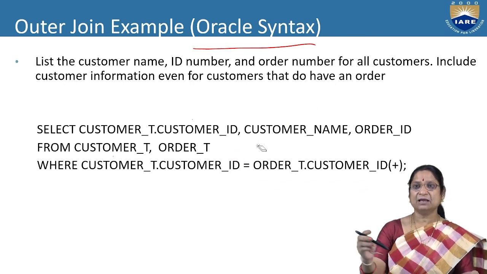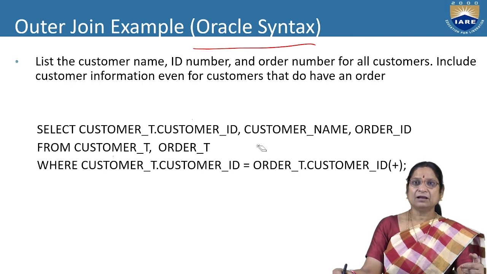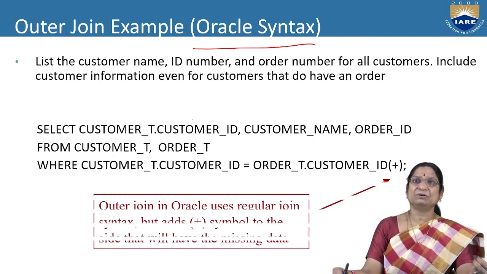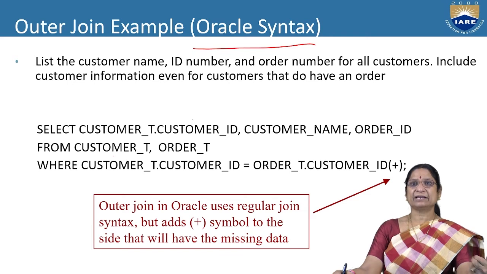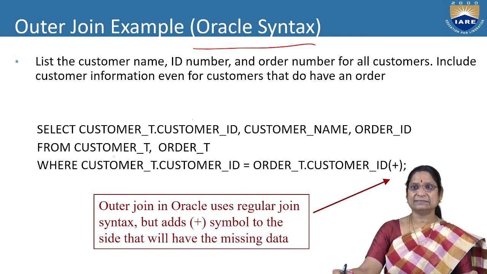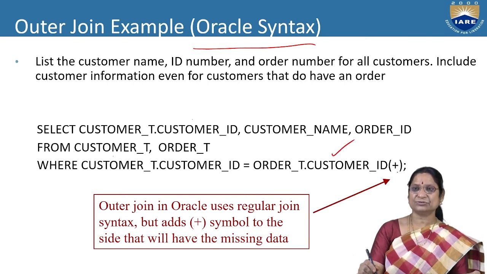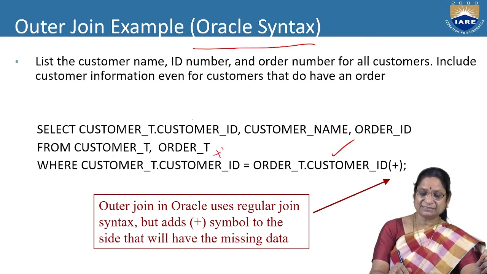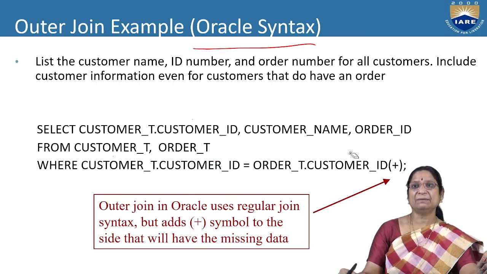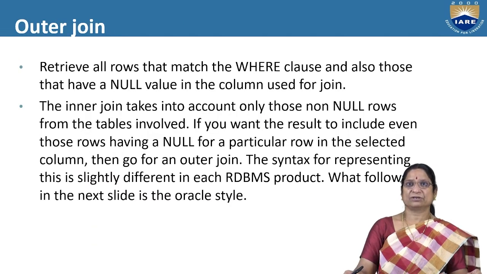Full outer join means all tuples which have a mapping, and the tuples which don't have a mapping also, will be printed. You observe here, outer join in Oracle is regularly used with the plus sign. The plus symbol is added to the side which will have the missing data. Here we are having missing data, no? So that's why, left side missing data is there, left outer join. Right side missing data is there, here it will be used as a plus. Both can be considered for right outer join.